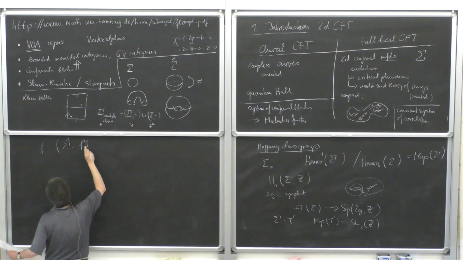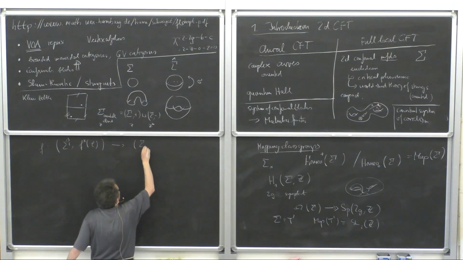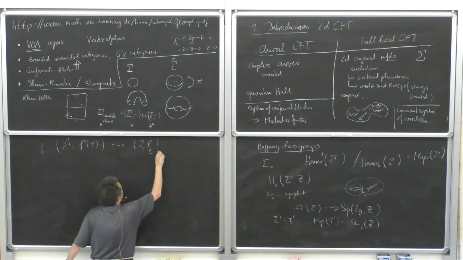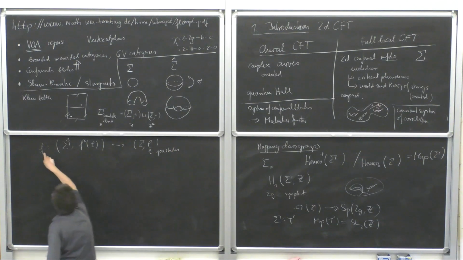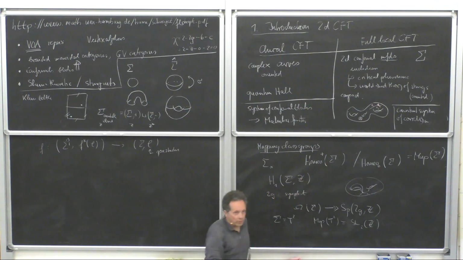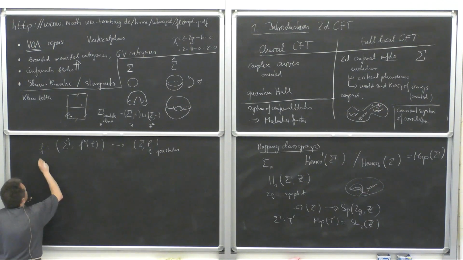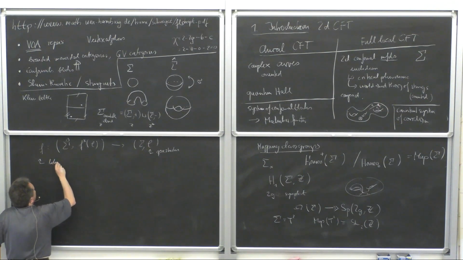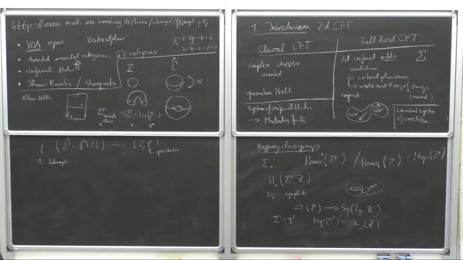I define a complex structure here, given a complex structure here, by declaring that this map, which is an orientation preserving homeomorphism, so it's not holomorphic for one structure, but that this becomes holomorphic, so I'm changing exactly the structure in a way that it becomes holomorphic. In this way, the homeomorphisms act on